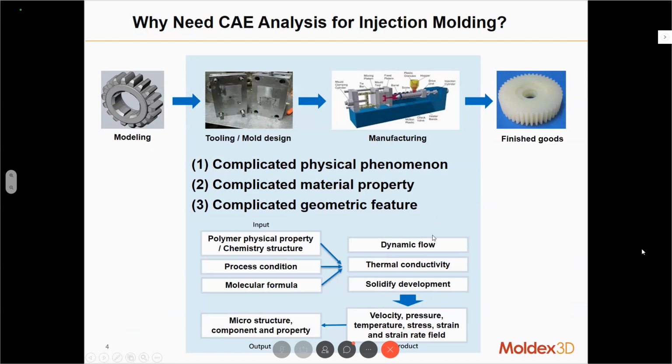So why do we need CAE analysis for injection molding? We can say there are three different phenomena in this area: complicated physical phenomena, so you don't know what's going on in the mold, complicated material property, and complicated geometric features. Also, for the best quality part, we need to care about four different things: part design, mold design, process selection,